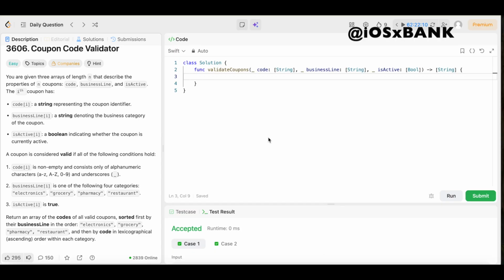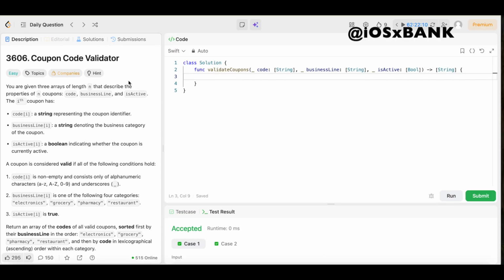All right, y'all, we're back again. Another day, another LeetCode problem where we're doing daily LeetCode problems. And today we have question number 3606, coupon code validator. The difficulty level is easy, so you already know we're going to keep the solution as simple and easy to